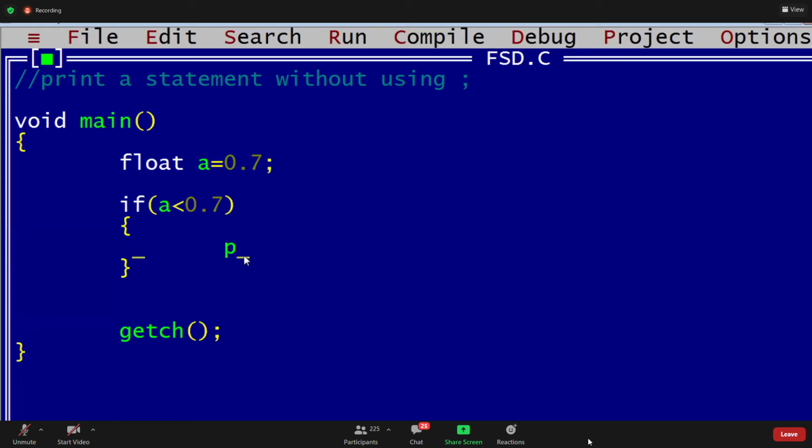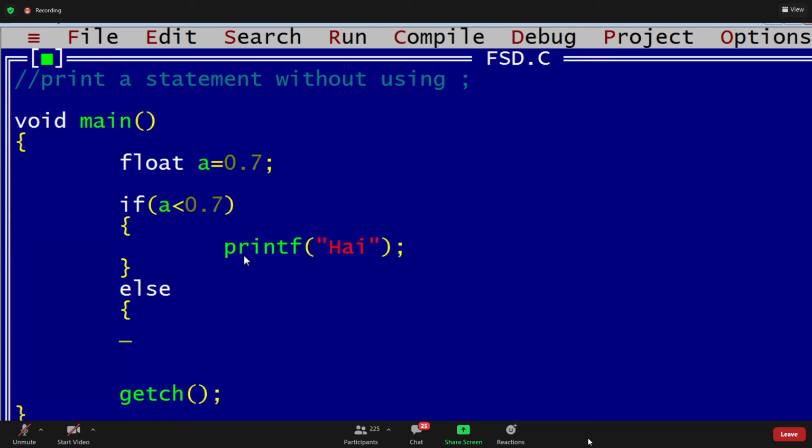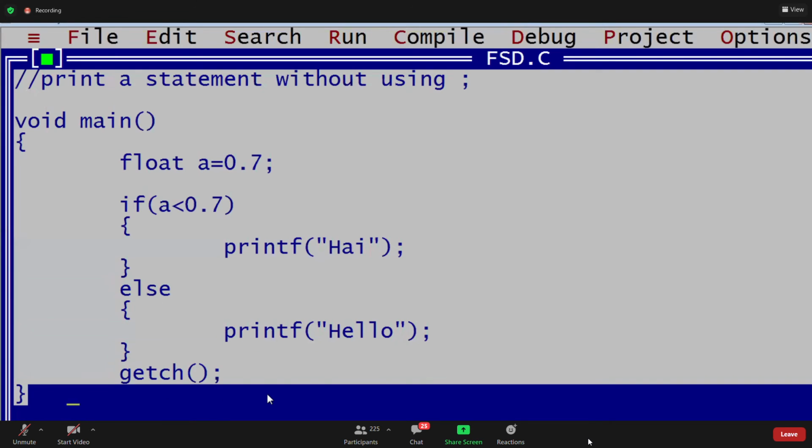Printf high, else printf hello. Yeah, very good. Else will be printed.